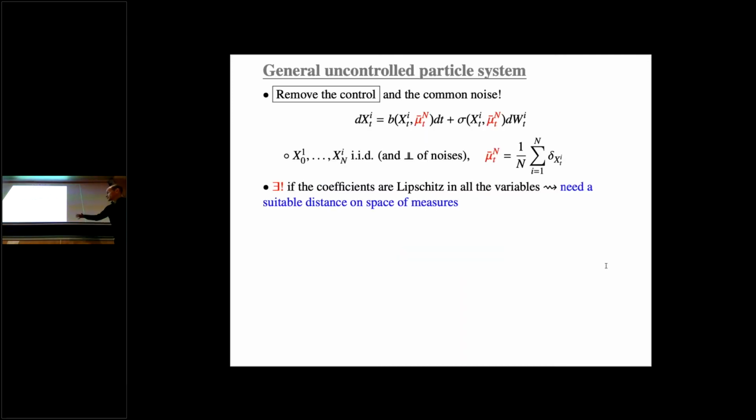So for those of you who know this, I'm sorry, but I'm going to come back to McKean-Vlasov SDEs. And I know that some of you are experts about this. To simplify, no common noise. When there is a common noise, you will see that things are much more subtle because the state of the population is going to be random. So the unknown is more difficult to study. So this is just to refresh your mind, at least for those of you who are not completely aware of McKean-Vlasov equations.